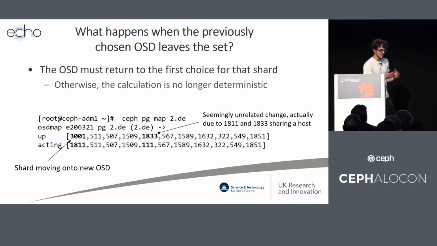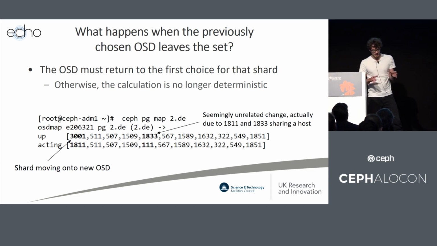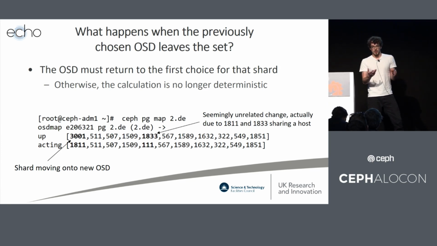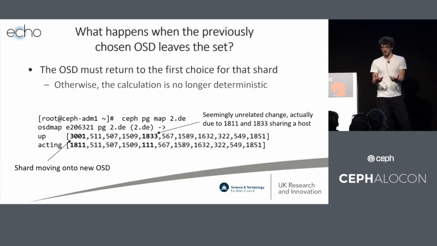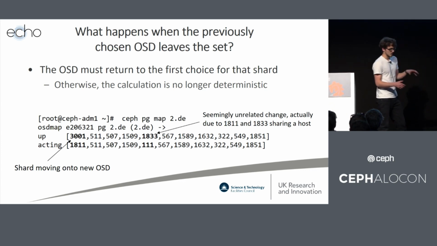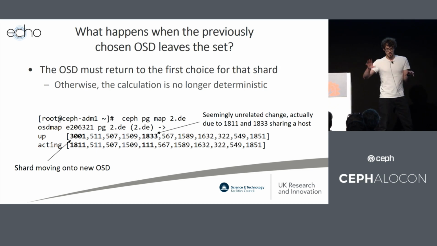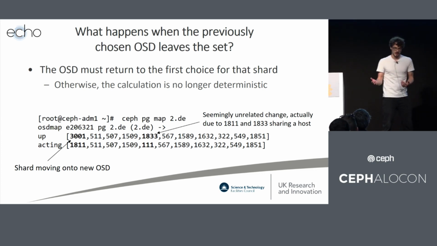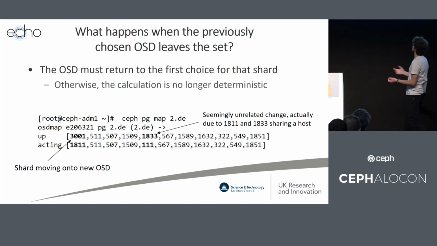However, it leads to an interesting edge case that is what I was seeing here. So when you've got this collision and the second OSD has to choose a new value, what happens when that first OSD, the one that caused the collision originally, leaves the set? So say you add a whole bunch of new hardware, you get placement groups moving off existing OSDs. If one of those existing OSDs in a set was causing the result to be changed further down the set due to a collision, the only deterministic thing to do is to revert that or redo that calculation, which now doesn't contain the collision. So if you look at the example here,